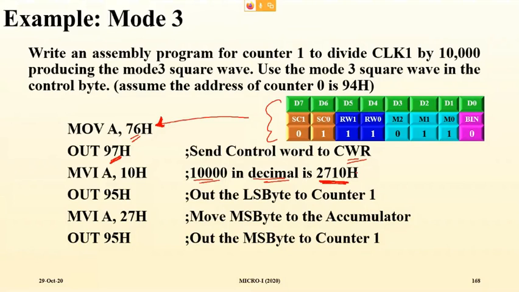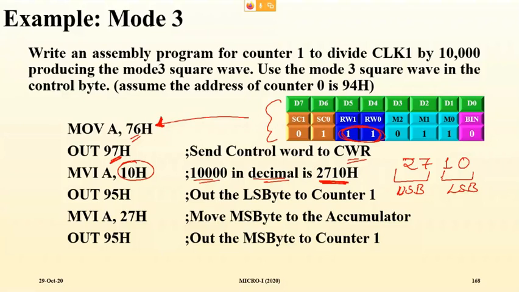2710. Remember, this is your lower significant byte and this is your upper significant byte, or higher significant byte. Now we have mentioned here in D3, sorry, D4 and D5 that we'll be loading the lower significant byte first. Then we will be loading the upper significant byte. Okay, so now you can see here we are loading 10